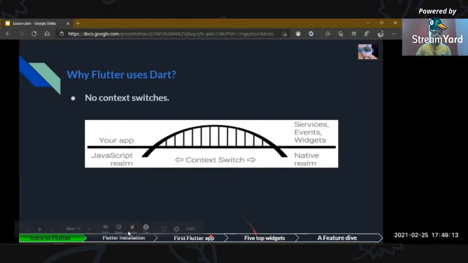What happens? The context switch is not there in the Dart language, all because of the AOT compiled code in Flutter, the AOT compiler, which avoids the JavaScript bridge. You might have seen this JavaScript bridge here. That is avoided by the Dart language.